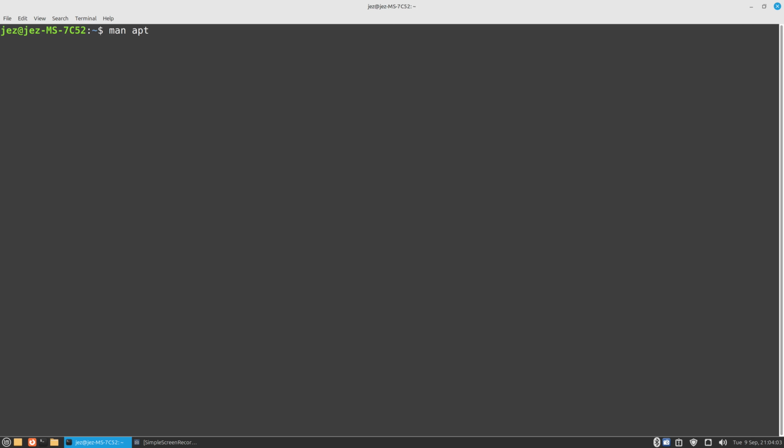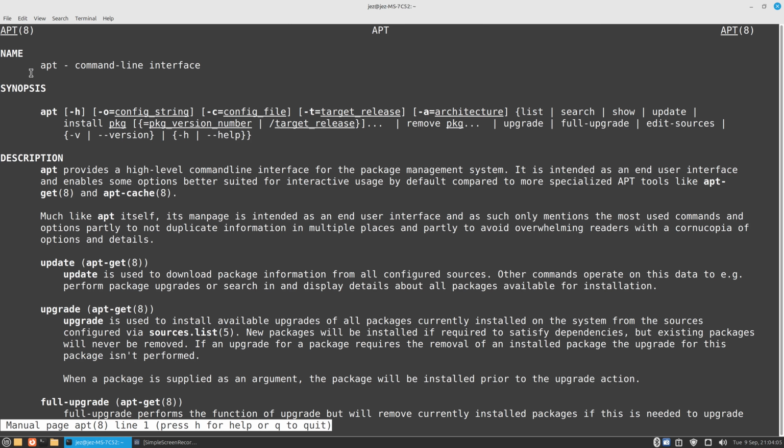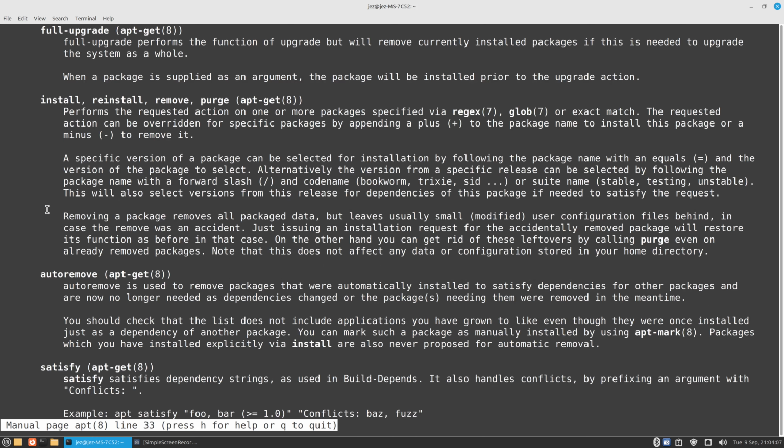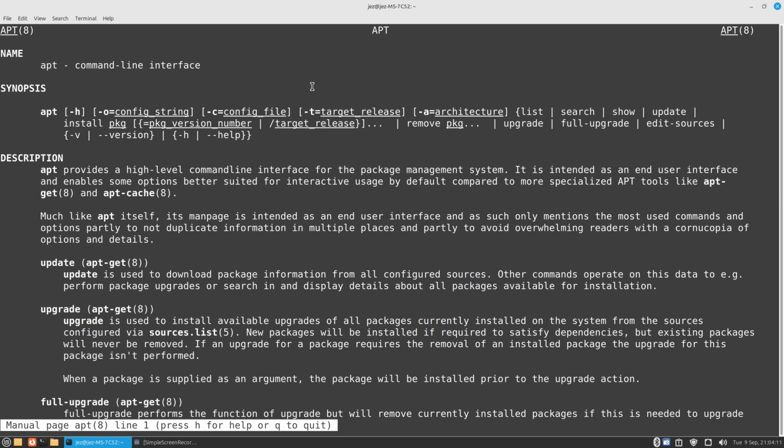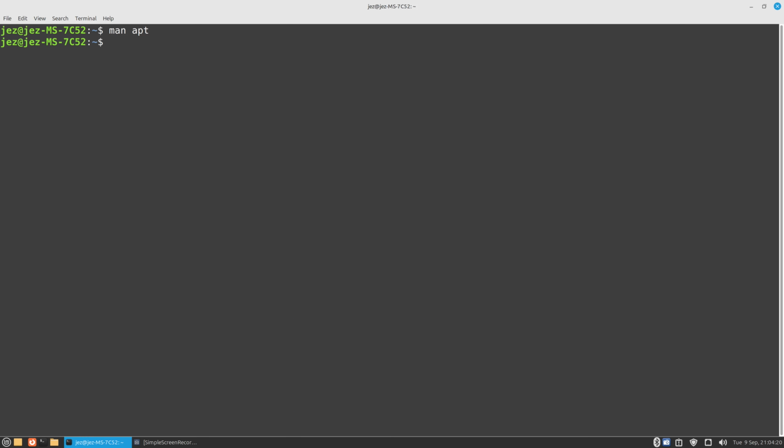Now apt is the Advanced Package Tool. It's like a command line interface there. It tells you all what it does, and you've got all the stuff here on the manual page. Now every Linux command has got a manual page. Just type man followed by the command, and it gives you the manual page of what the command does. So if I do an apt search